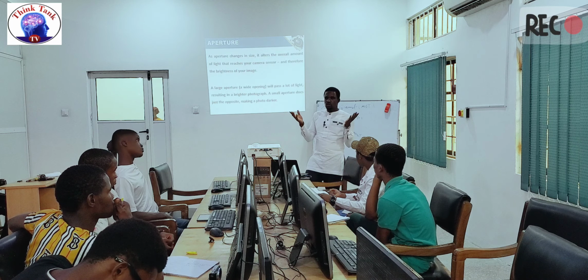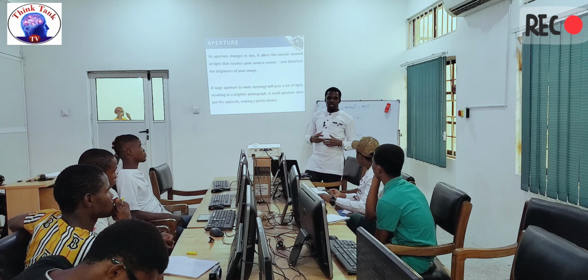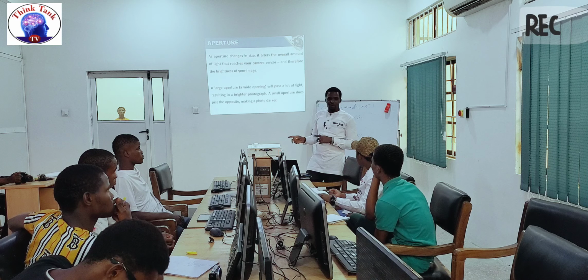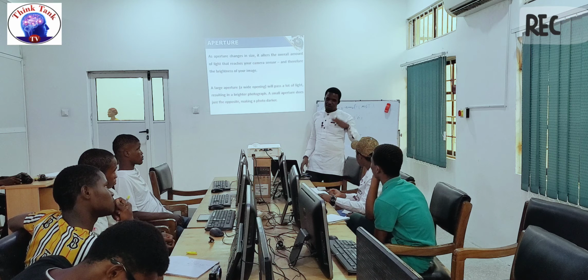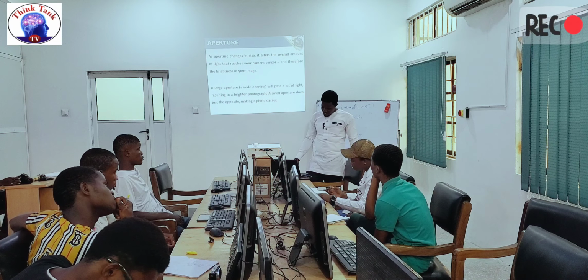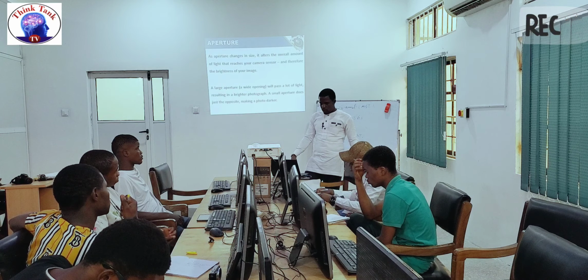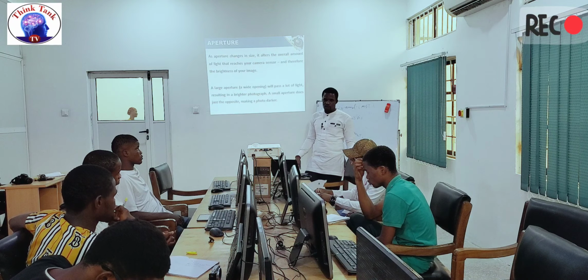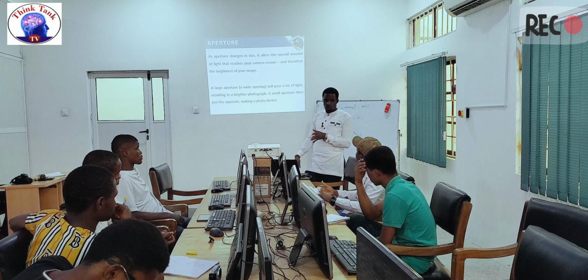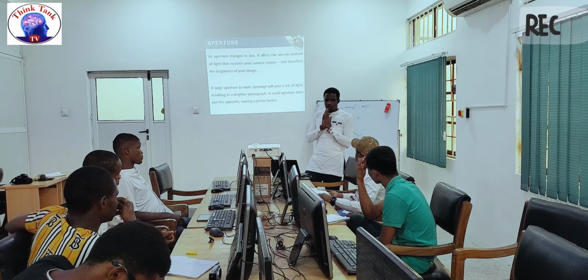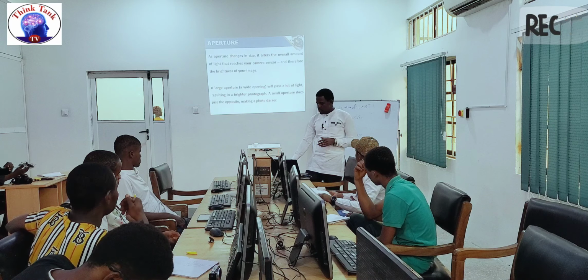You can decide to use a very open shutter speed and snap, and later go and edit it, fix it in post, and blur the background. It works. So a wide opening will pass a lot of light, resulting in a brighter photograph. A bright exposure will do what? Give you a brighter image, but when you give it too much light, like in this example I have here,